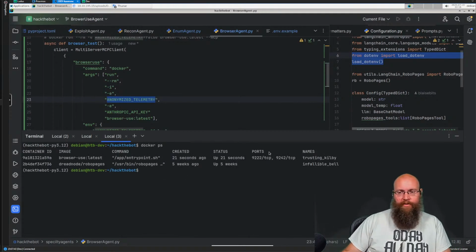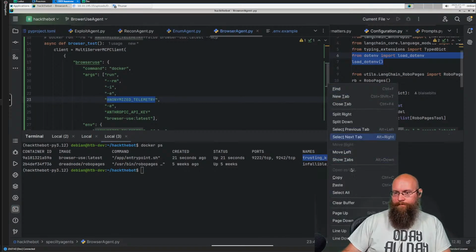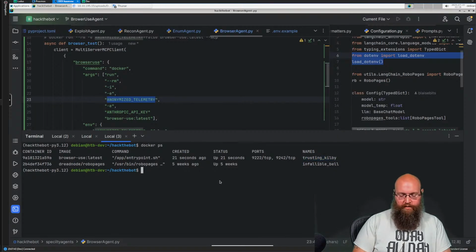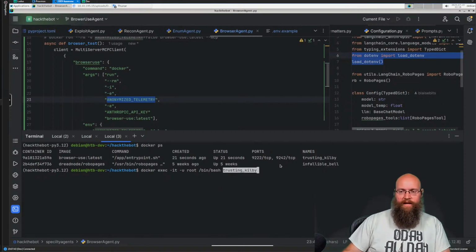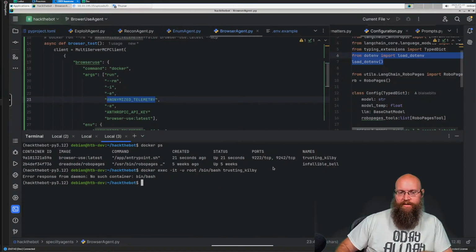I mean, there we see browser use actually running. Trusting Kilby. So if we want to enter this one, copy that. So we can do docker run, or actually this would be a docker exec. Do tac it, and then we're going to run as root. We're going to run bin bash, and then we give it the container name. This right here, Trusting Kilby.